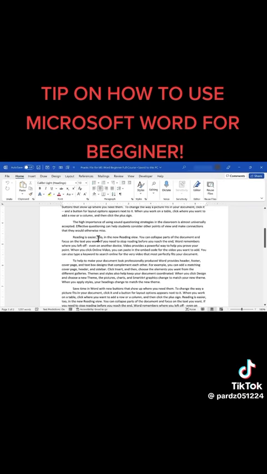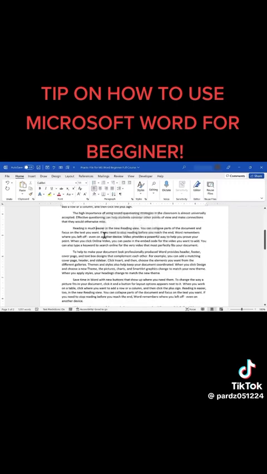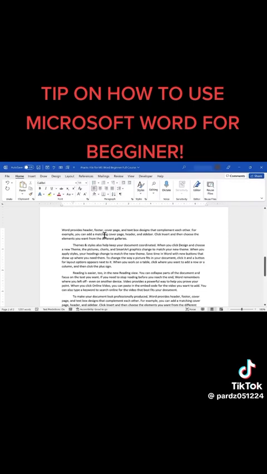If I identify a change I would like to make, I can simply click and my flashing cursor appears in the place where I clicked. I can then use the backspace key or the delete key to remove characters. I can also click and type to add text. Another way to navigate within an existing Word document is to use the keyboard. I can use the arrow keys on the keyboard to move down, to move to the right, left, and up. I can also use the page up and page down keys to quickly jump to the top of a document and to the bottom. Obviously, page up takes me up and page down takes me down. Another important thing to be aware of as you